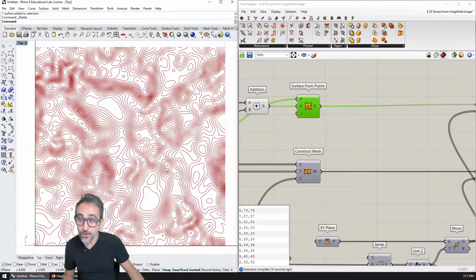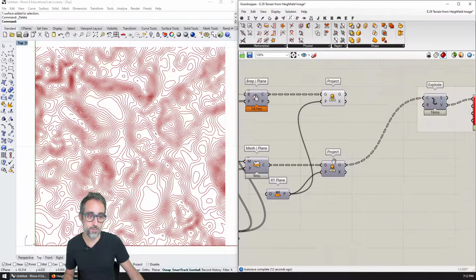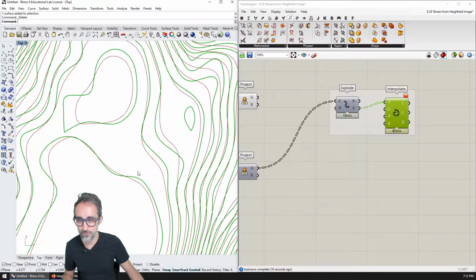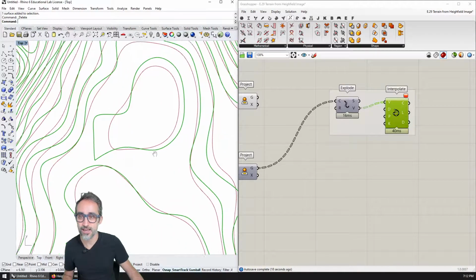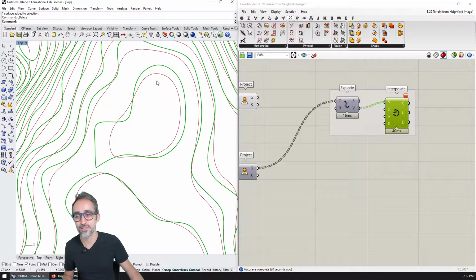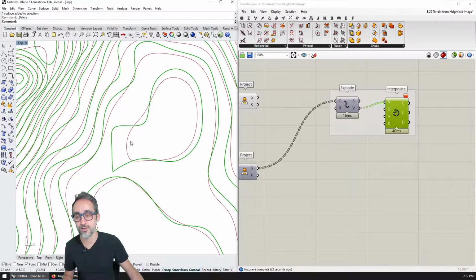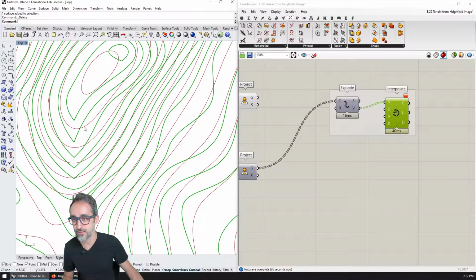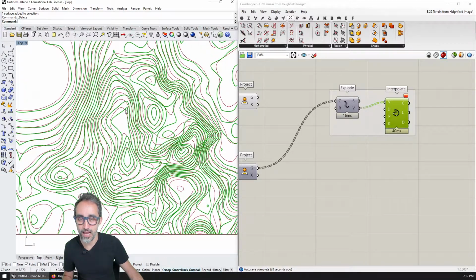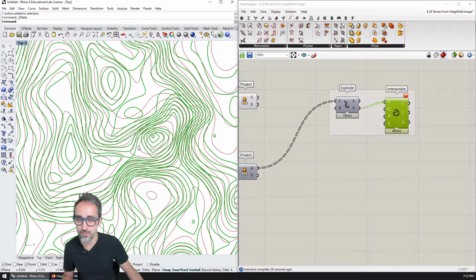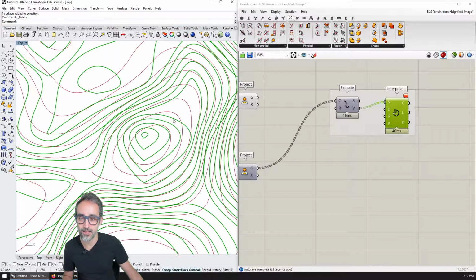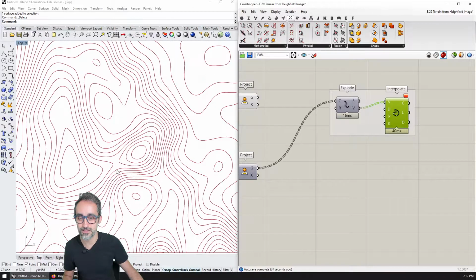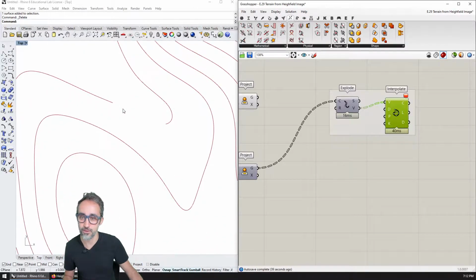So all these other isocurves look way better than what I had before. Remember, the green is what I did from the polyline, and the red is what I just got from the NURBS surface. So you can see that I'm not getting kinks, I'm not getting this weird pointy here, I am not getting the crazy overlaps that I was getting before. Look at the difference in the shape, right? So how much nicer this is than the other.